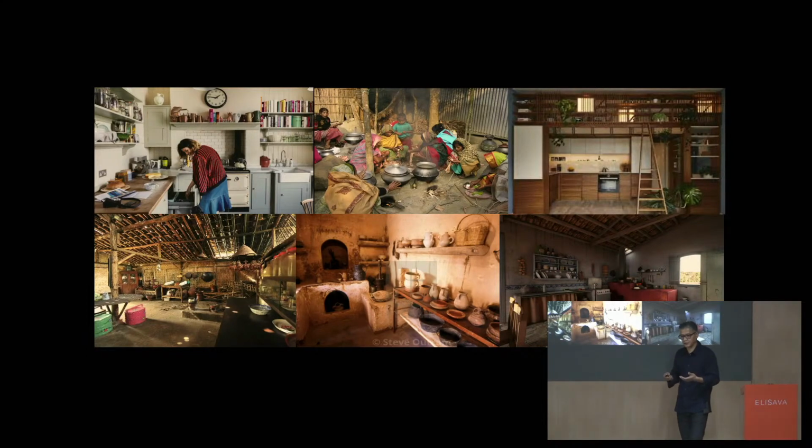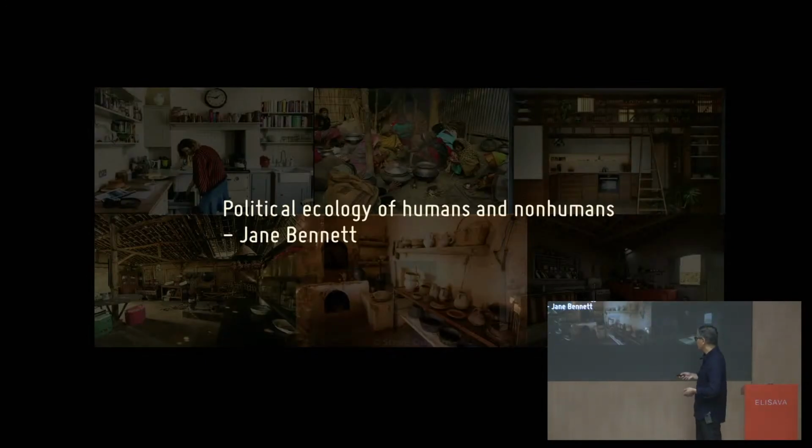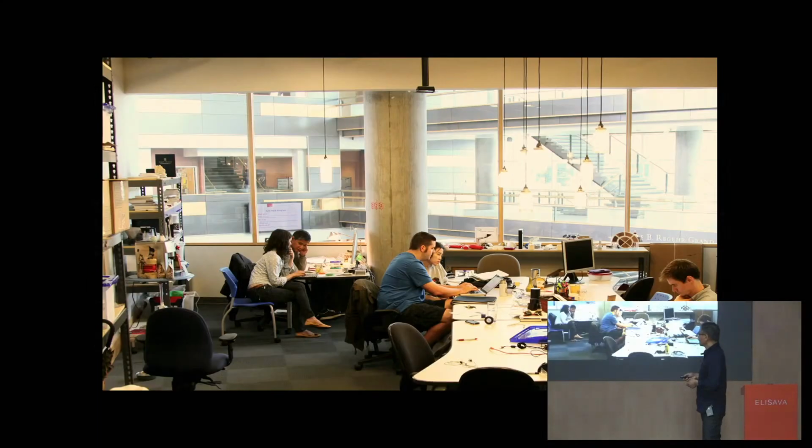And then from there we might think about who or what is the designer and what is the something that we want to design. Now, this is what Jane Bennett calls a political ecology of humans and non-humans. This is my own studio, and the studio was a wonderful starting point for this. Part of my problem is that when I wrote the book, I was well ahead of where I am now, and I need to bring my studio toward being a constituency, to be much more attentive to the non-human or more than human gatherings of the studio. I think we have a kind of political direction that needs to be much more explicit.